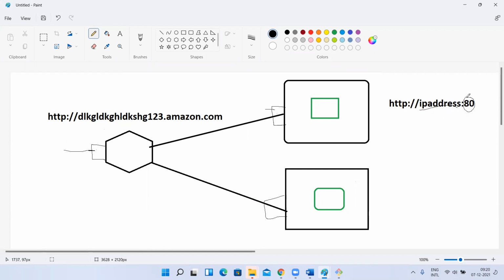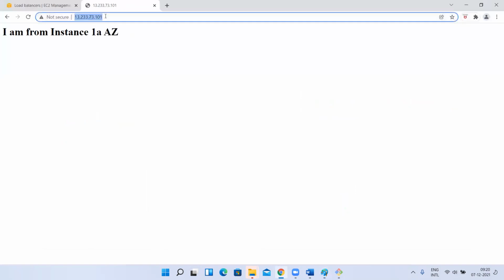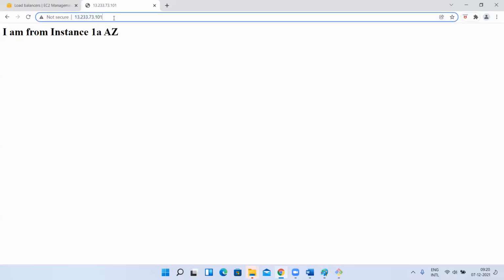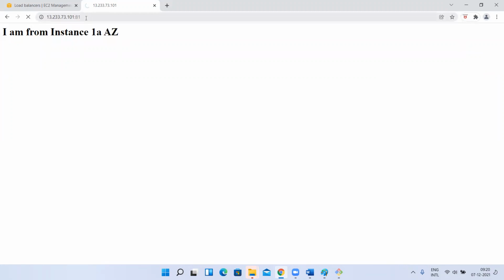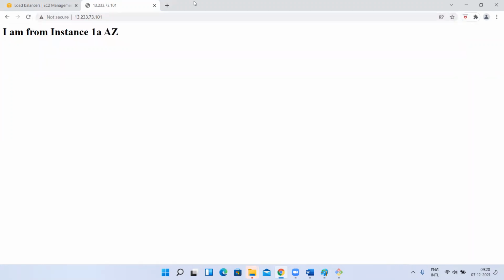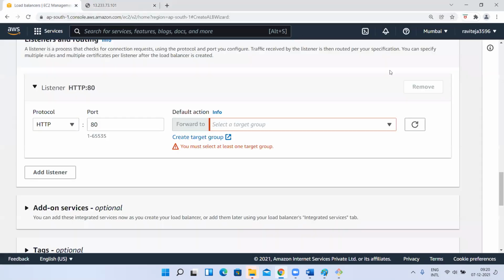So when you type 80, for example, if I change it to :80, the default port number it will not take. But if I give 81, will it listen? No. If I give 80, then it will work. The default port number is working. So it means your HTTPD server, or else the instance, is listening on port number 80. Yes or no? Yes, sir.